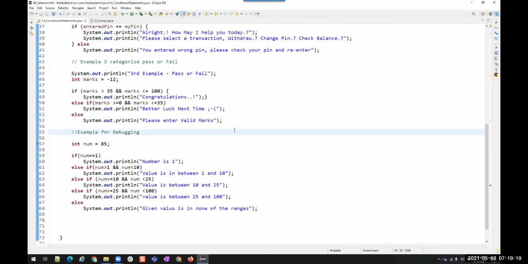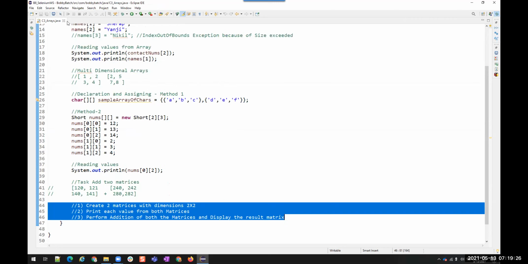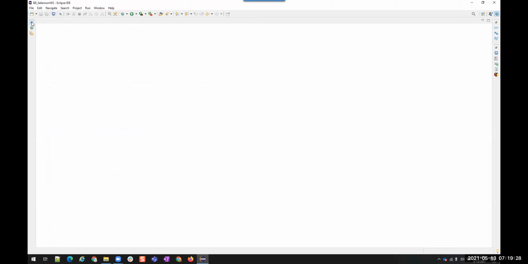Right. So what did we learn in our previous session? Yesterday we learned if else and switch case. The different ways of using switch case, and what problems arise if we do it wrong.